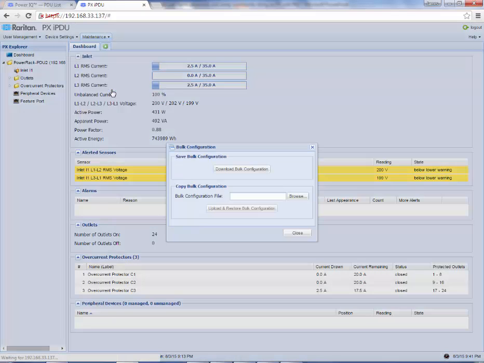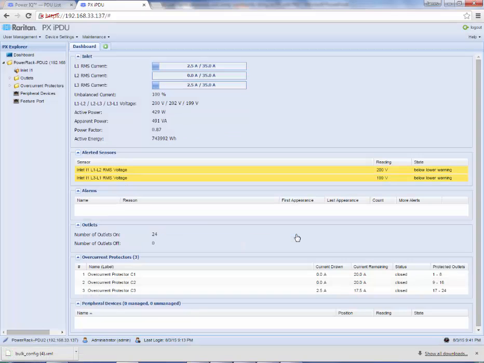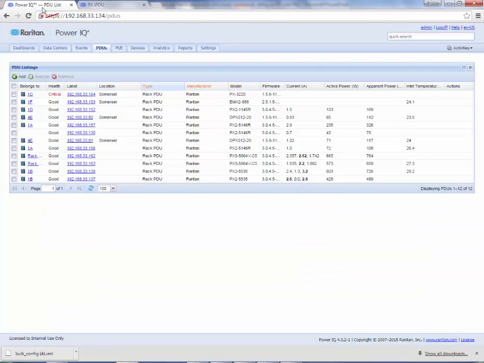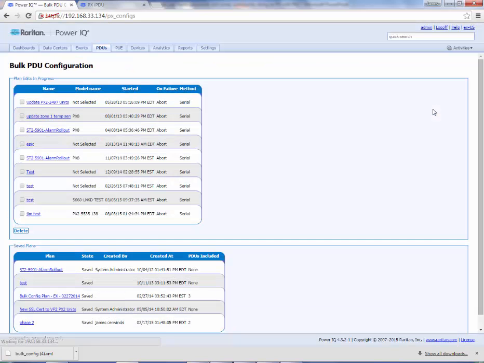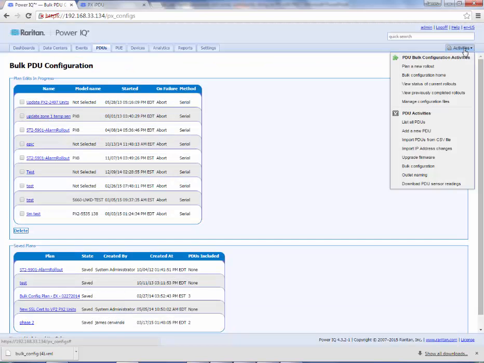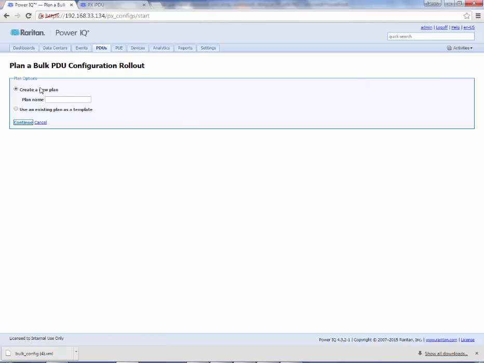Now I will go to the bulk configuration file, and I'll download the bulk configuration file. And it'll be bulk config 4 in my download file. Now I'll go to my PDUs tab in PowerIQ, and I'll select bulk configuration, and I'll say plan a new rollout. So I'll create a new plan,